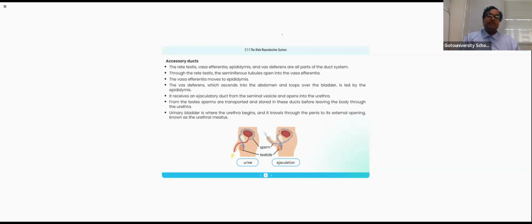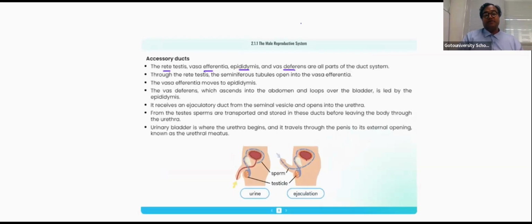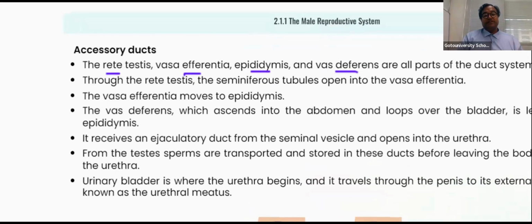So what do you mean by accessory duct or secondary duct? I already told you, it includes the rete testis segment, then vasa efferentia, epididymis, and vas deferens. These are the track where the sperm is not synthesized, the sperm is getting mobilized. The sperm is mobilized because of the rete testis, vasa efferentia, epididymis, and vas deferens from the testis to the